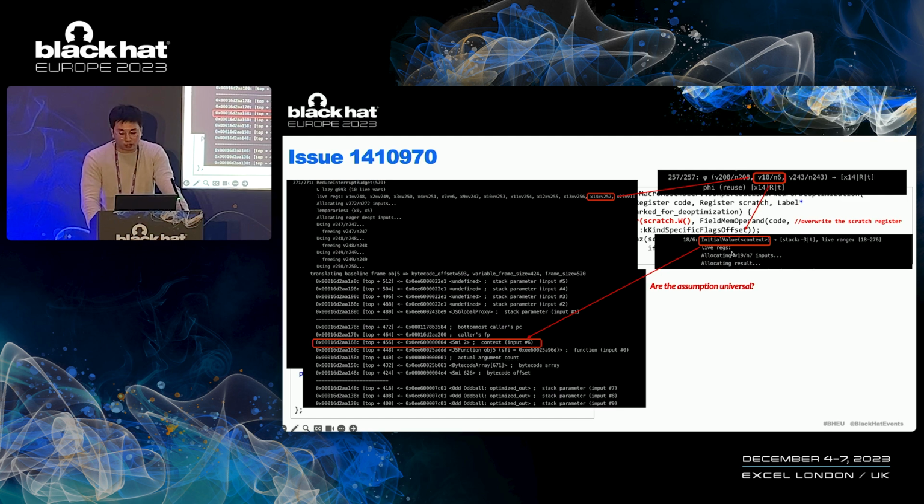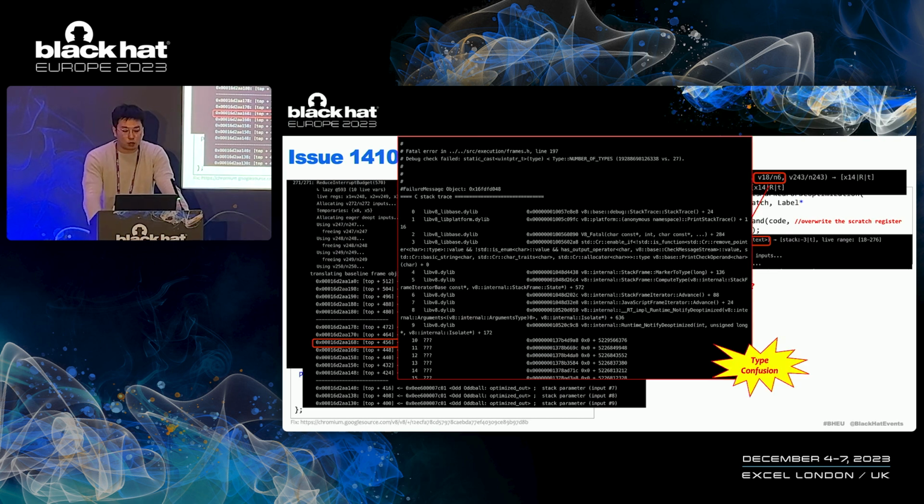We found that the location here will then be set into the frame state. So when the optimization happened, a type confusion occurs. We should get a context rather than a small integer here. The bug in the same stage also has an issue,